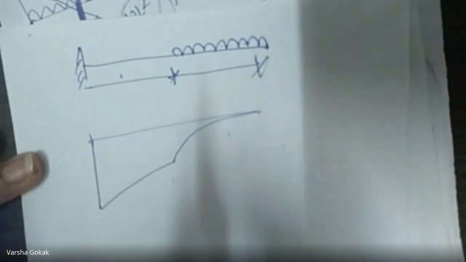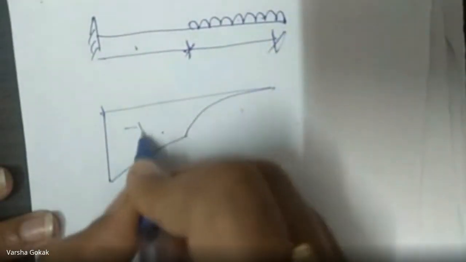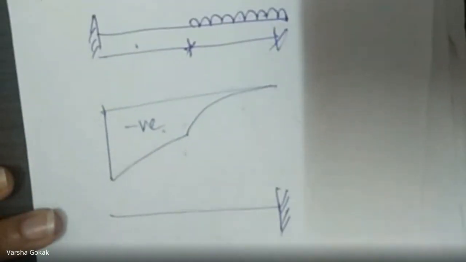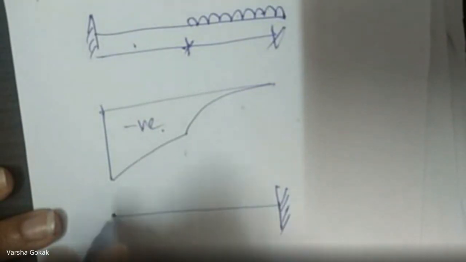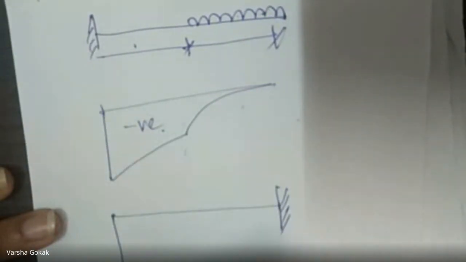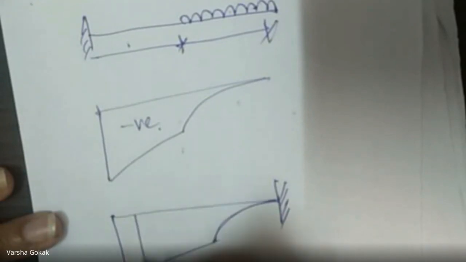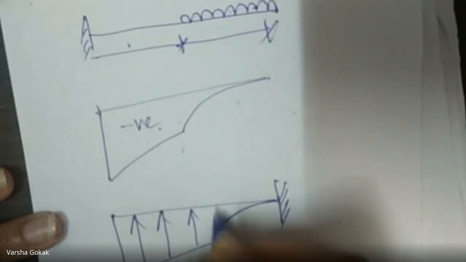I've not taken any value over here, I'm just drawing. So this is the regular bending moment diagram. When I draw the conjugate beam, this is a negative bending moment diagram. So when I draw the conjugate beam, we show the fixed end on this side. This will be the free end as it is, and the diagram will remain like this only, right? But I have to show the arrows. Arrows will go on top.